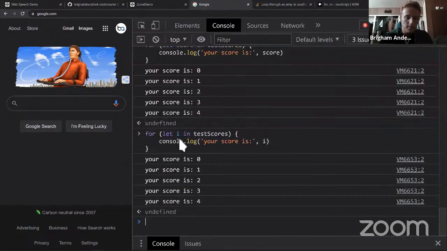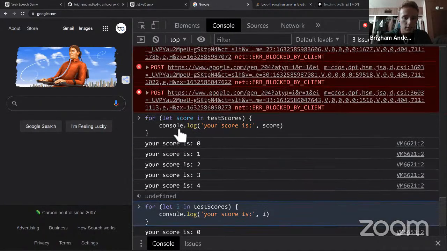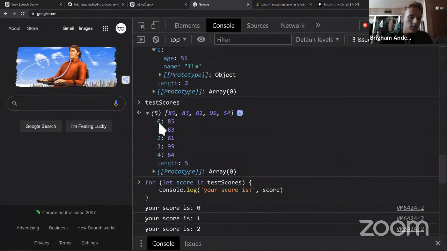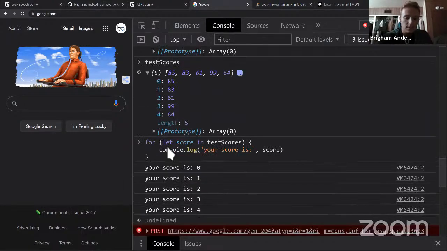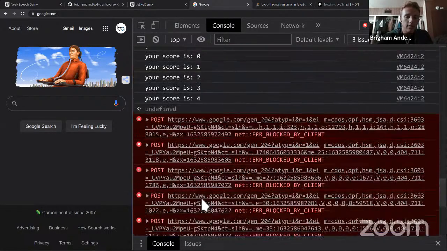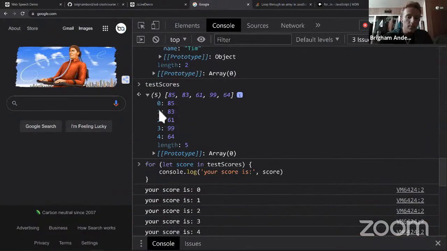So what this did is it made a variable and it was keeping track of which loop we were currently on. Because if you look back at this up here, it was saying, okay, the first item in this group of numbers was an 85. The second item, or index 1, was 83, and so on and so forth. And so when we look down and we see that it was saying 0, 1, 2, 3, 4, it was basically printing out the value of which item in the order it was,